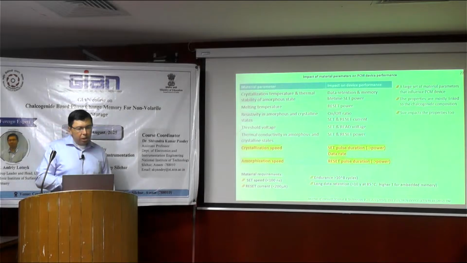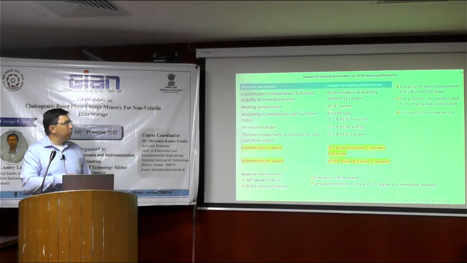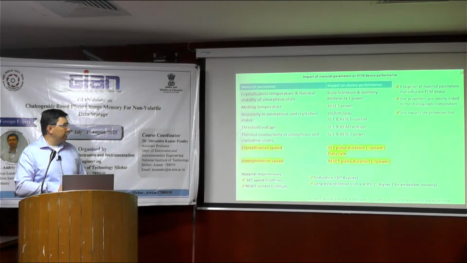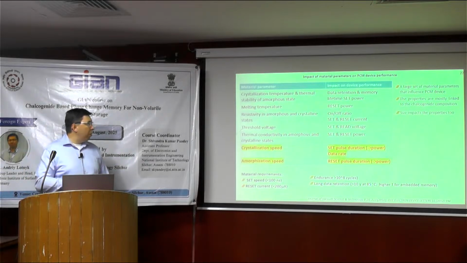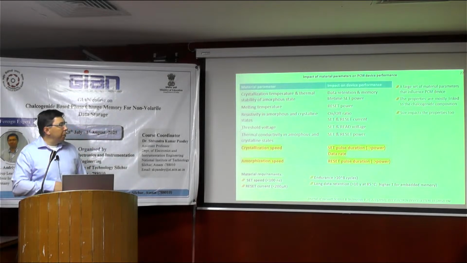Resistivity in amorphous and crystalline states affects the on-off ratio, set and reset current. Threshold voltage affects set and read voltage. Thermal conductivity in amorphous and crystalline states affects set and reset power. And crystallization speed affects set pulse duration, and of course power and data rate,